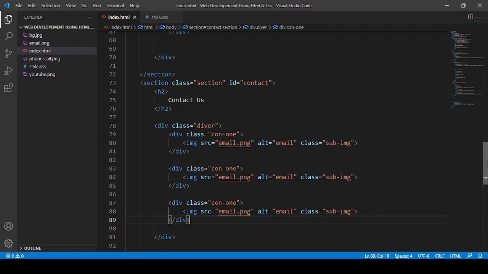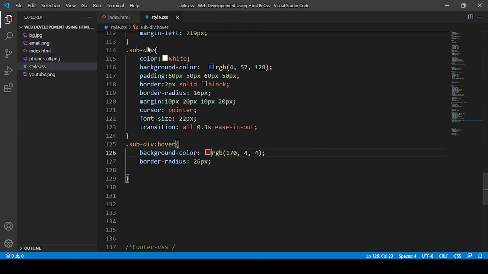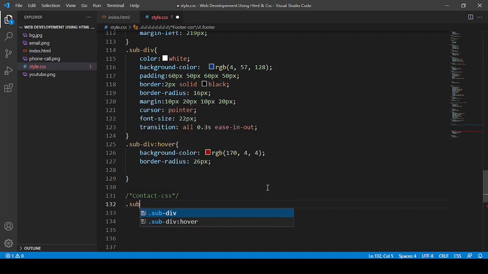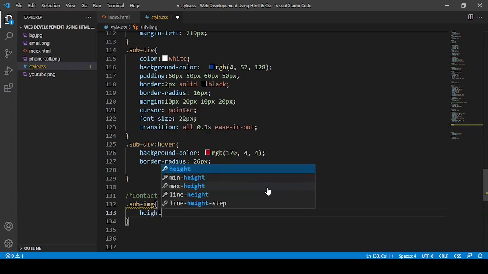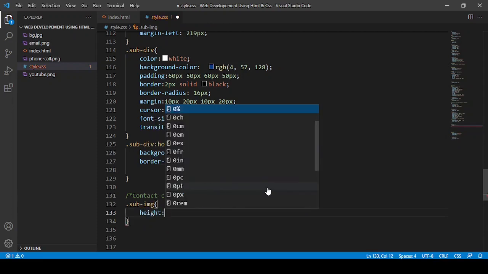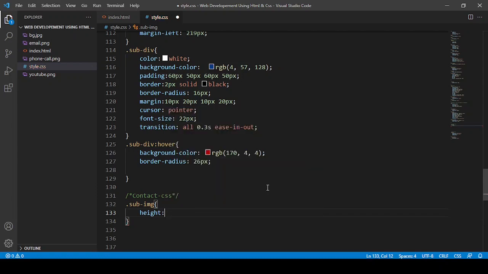First of all I am going to use a comment to keep it organized, and I'm going to say contact dash css. Here I am going to say first sub dash img, and I'm going to define its height, say 40 or something, 50 px.